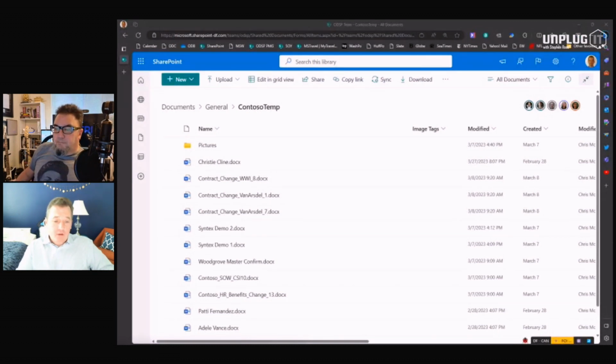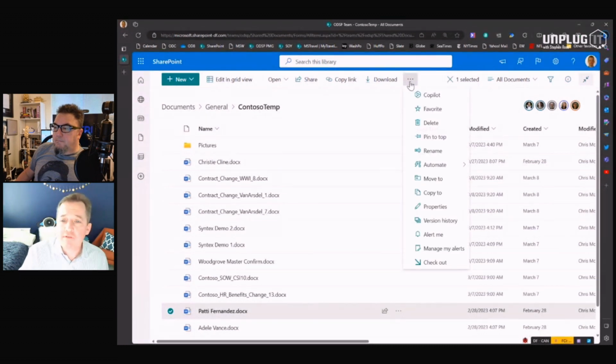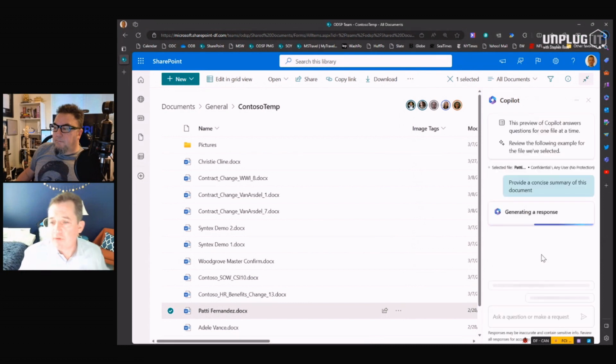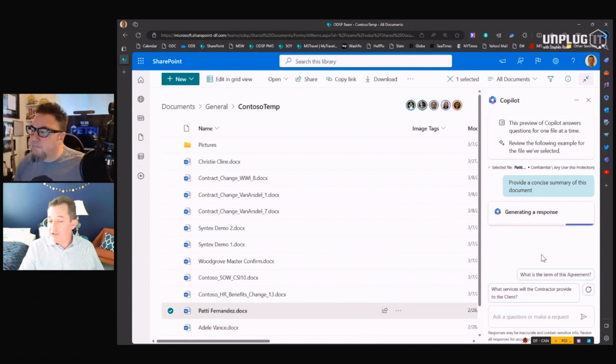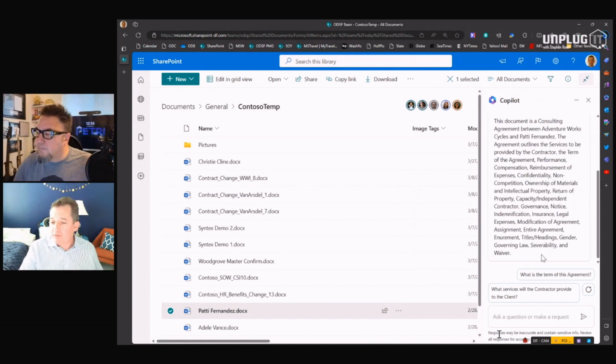Okay, so let me just show you one more example of how this works interactively. So here I'm inside of a SharePoint library, and I can invoke Copilot directly on a file inside of this. So in the Copilot preview, we're able to generate an automatic summary of what's there, but as well as get that summary, I can see proposed questions that Copilot already knows how to answer, or I can add my